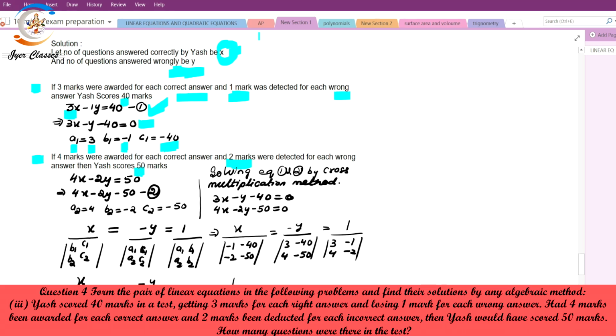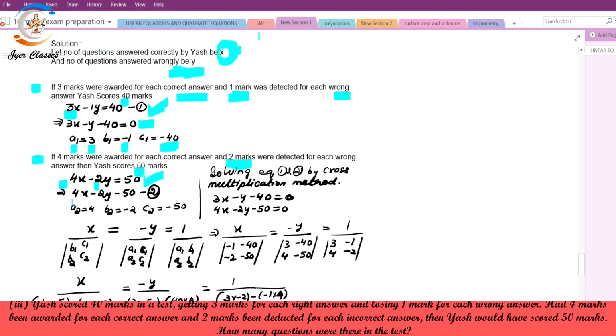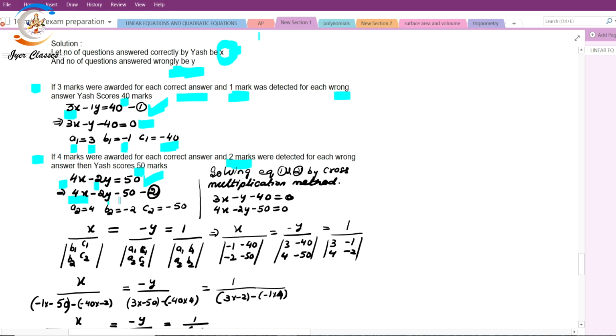तो भाई सही क्वेश्चन के लिए 4 मार्क्स मिले तो हो गई 4x. गलत किया तो -2y हो गया, तो दोनों को जब सब्सट्रैक्ट करता है तो उसको 50 मार्क्स मिलते हैं। स्टैंडर्ड फॉर्म में लिखेंगे तो क्या मिलेगा, 4x - 2y - 50 is equal to 0। ओके, तो a2 की वैल्यू मुझे मिल गई 4, b2 की वैल्यू मिल गई -2 एंड c2 की वैल्यू मिल गई -50। अब हमारे पास दो स्टैंडर्ड इक्वेशन है, 3x - y - 40 is equal to 0 एंड 4x -